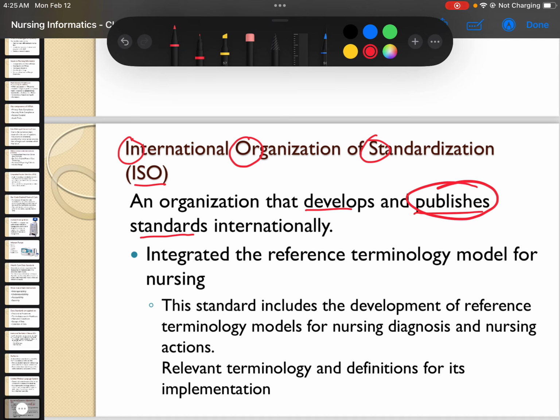We follow the standards because one reason why we are following the ISO standard is we want to be internationally competent. Diba? Our standards must match with the standards set internationally by the ISO, no? So in the instance of nursing class, the ISO creates an integrated reference terminology model for nursing. Like for example, the standard includes the development of reference terminology, such as for nursing diagnosis and nursing actions,